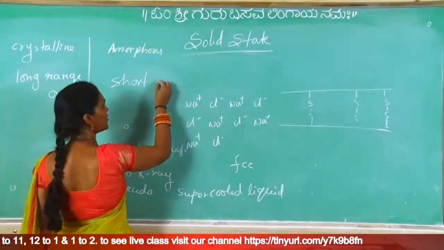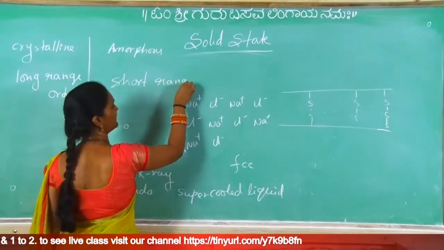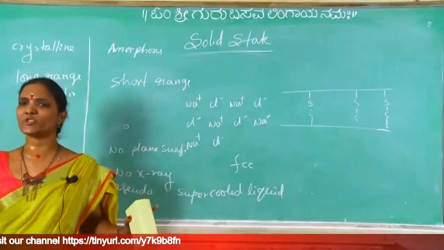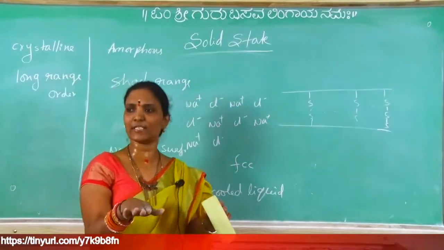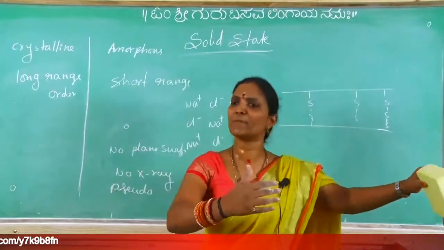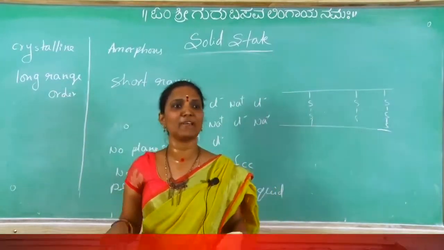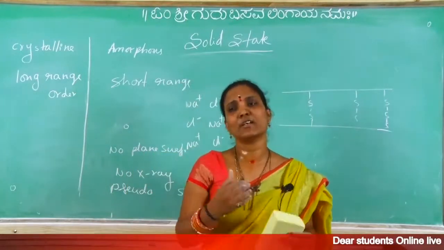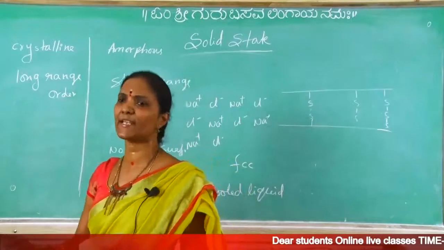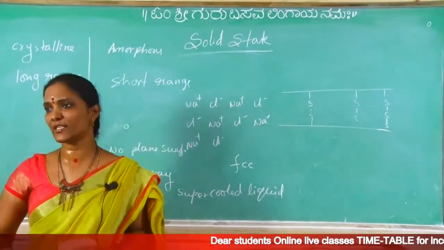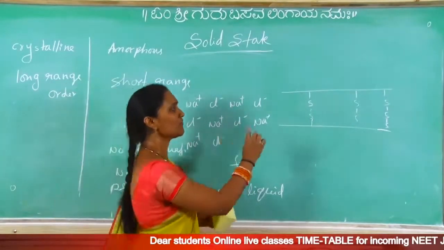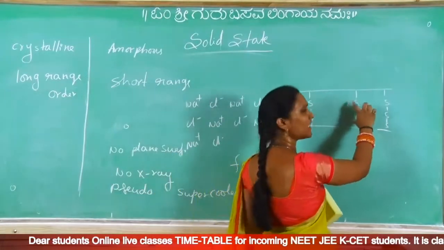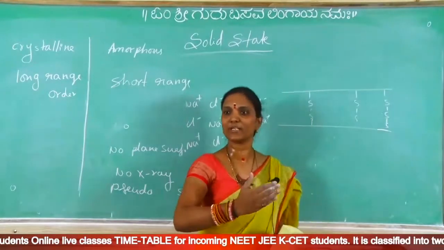What is this long range order, short range order? Long range order means throughout the crystal, the same arrangement: starting Na plus Cl minus, Na plus Cl minus, last also Na plus Cl minus. Anywhere you observe, no disturbance in structure, exact arrangement is there. A complete crystal having perfect arrangement, nothing but that is long range order. Short range order means, for example, after 10 disulfide links we are getting a regular order again,